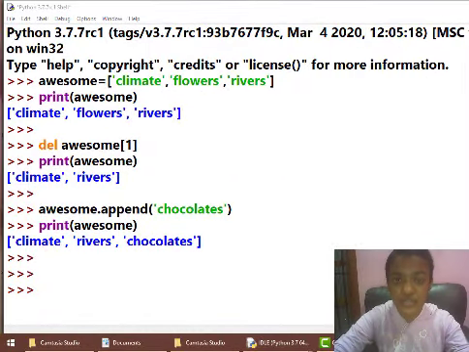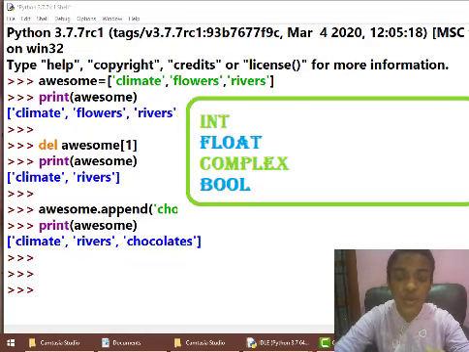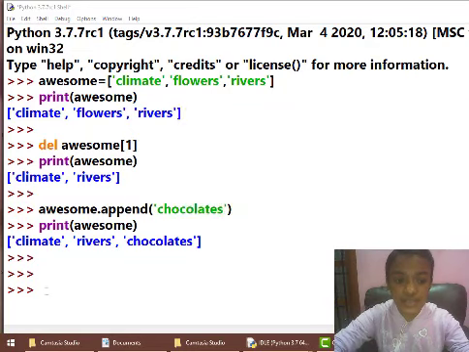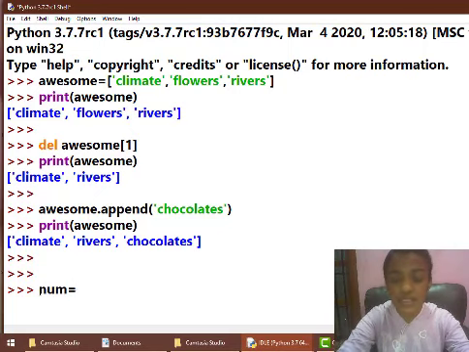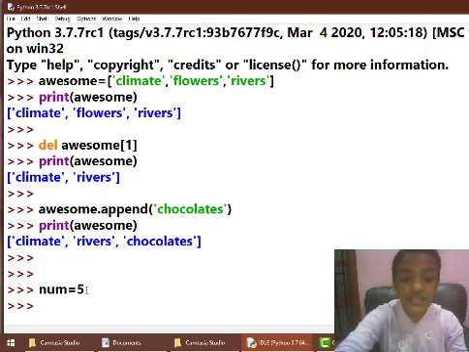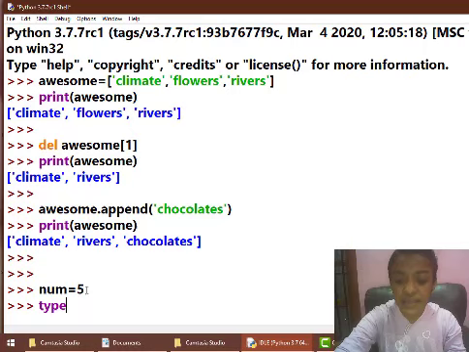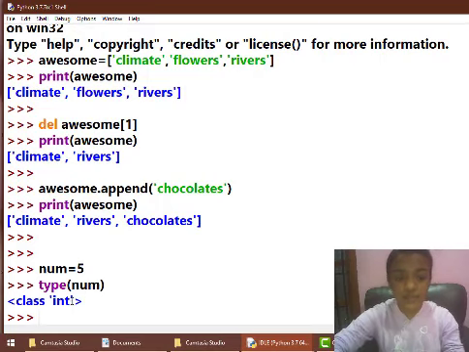So now let's move into typecasting. In Python we have data types like int, float, complex and bool. First let's make a variable which is num, and to the variable num I am assigning the value 5. In order to find the type of data used here, what should I do? I have to type in type, and within brackets the variable, and then press enter, and Python will tell me what kind of data is being used in the variable num.